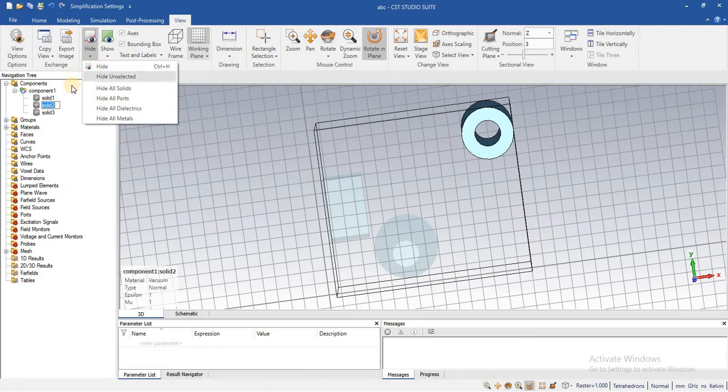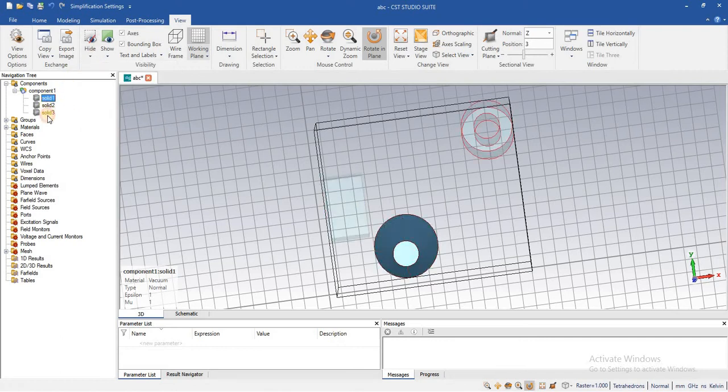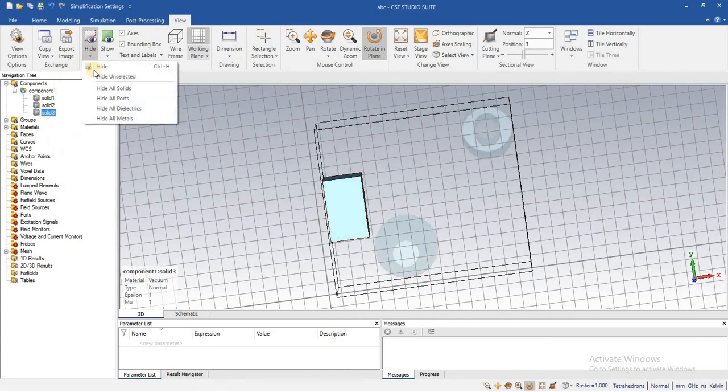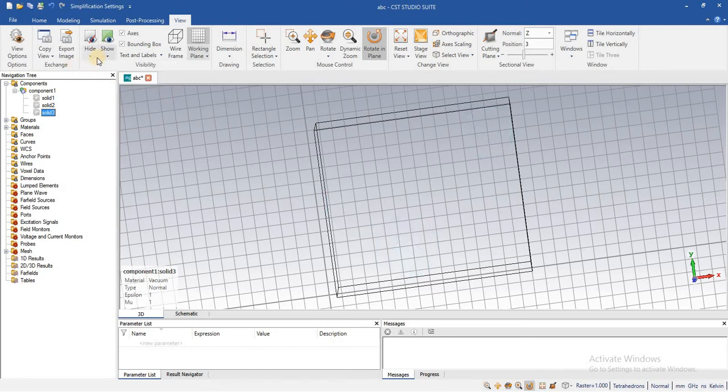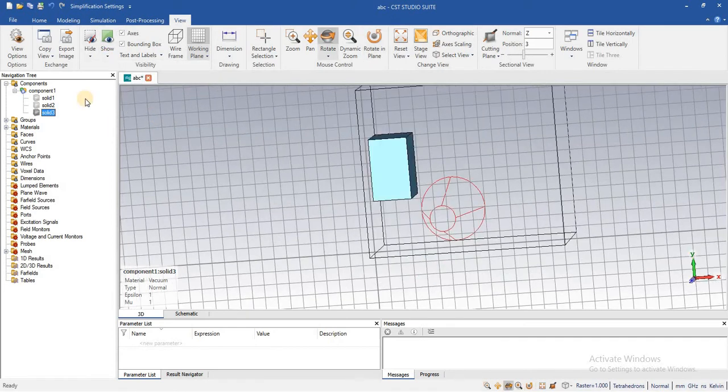Similarly, if you have multiple objects, 2D objects, 3D objects, lines, you can hide or show them by just one click. Hide all solid, show all solid. Similarly, you can do the opposite of it.